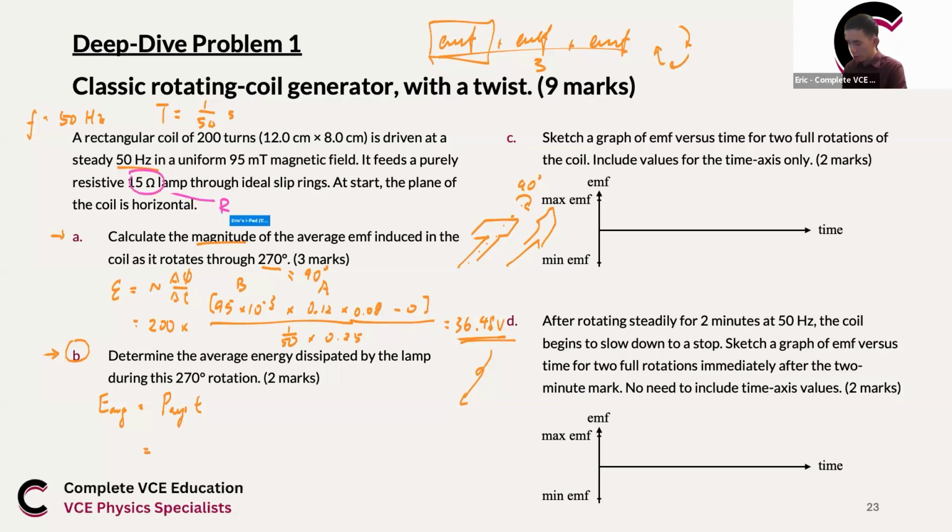That's the resistance. We also calculated the EMF, the average EMF, so that's the average voltage. We can put the values in. How do we express power in terms of voltage and resistance? I believe you all know the equation, V squared over R. So you can use the average voltage squared divided by the resistance, times the time. In this case, we simply sub the values in. We simply divide the workspace into two parts, saying that the average energy is nothing but 36.48